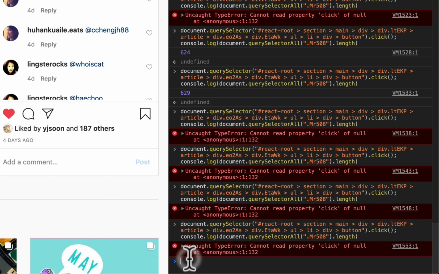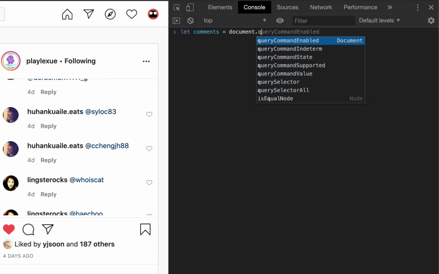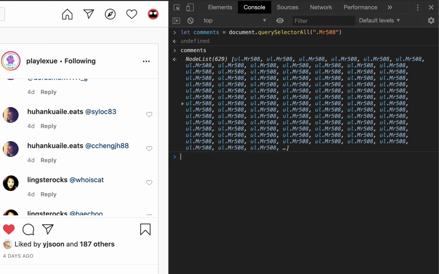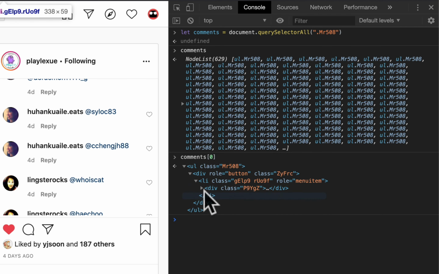But the good thing is I now have everything loaded inside my page here. So that's nice. Now I want to grab everything in an array, and let's clear the console a little bit. Let's say let comments equal document.querySelectorAll. Okay, so now if I look at comments, there you go, I have 629 things. Let's look at the first comment, comments[0]. I can actually browse it, so that's a nice thing about this inspector. You can treat each of these things as one comment.